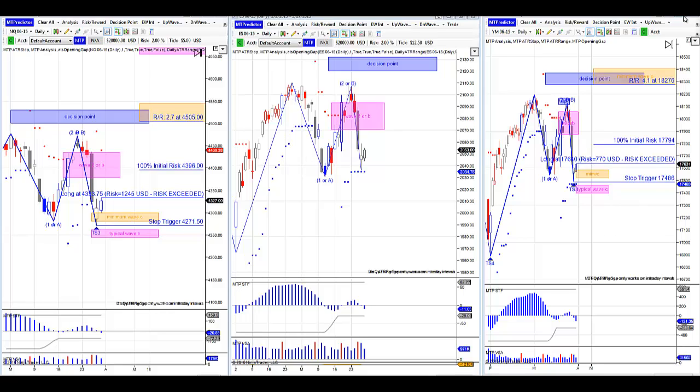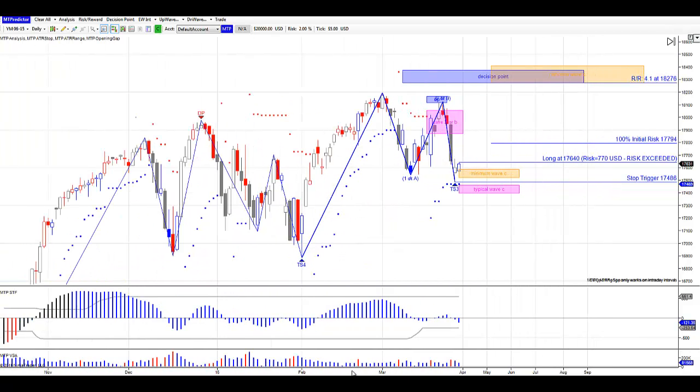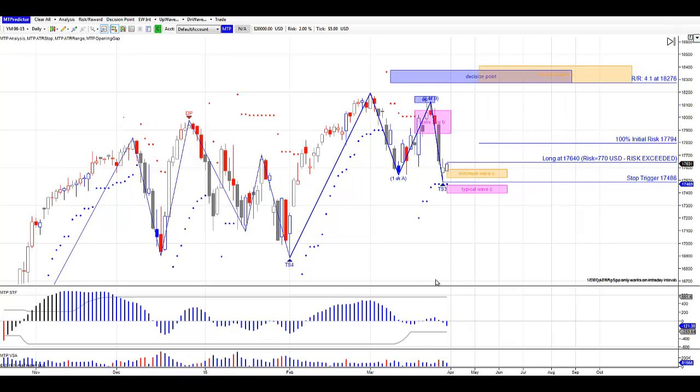Let's take a look at the Dow, the current June Dow futures contract. We had our rally here where the TS4 was. Before that, we had our decision point correction, which is typically where we see the corrections. And here we had the long signal, and this one